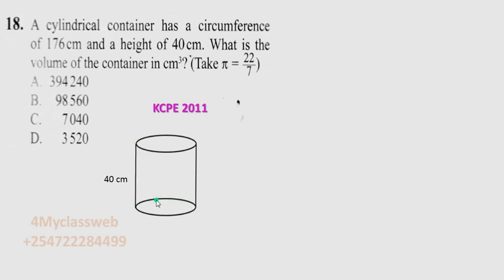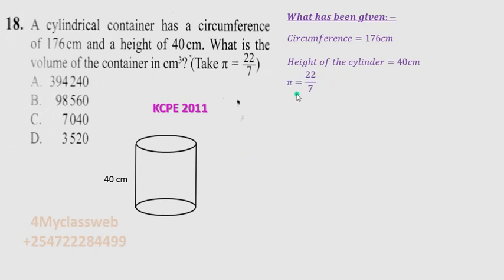and we are also given the circumference, which is 176. Remember, the circumference is that base. It is that base which is equivalent to the top. Now, to be able to do this question, there are some things that we are supposed to know. What are we given in this question? We are given the circumference to be 176. We are also given the height of the cylinder, which is 40 centimeters, and we are also given pi to be